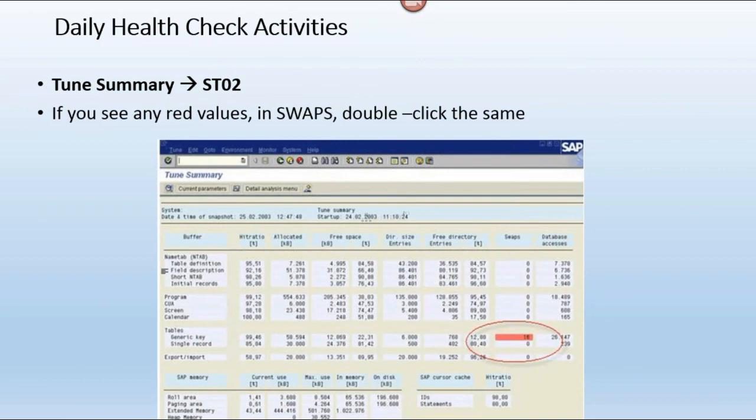If your hit ratio is more, above 95%, then more users are accessing my buffers, so my read and write access into the buffer will be good. In production systems, the hit ratio should be more than 95%. Then we can say the hit ratio is good and memory utilization is good.